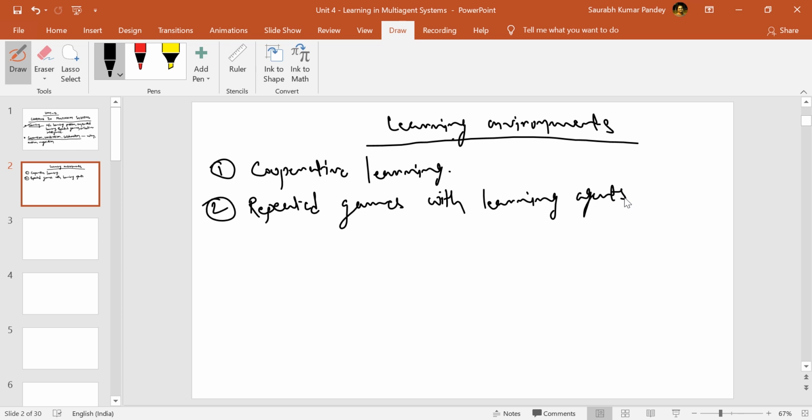Now, whenever we say cooperative learning, we must understand that there are many agents in a multi-agent system, and the goal is to explore or monitor a particular space. When there is a goal of exploration or monitoring of a particular field, given space, or area, in that multi-agent system there are a lot of agents.